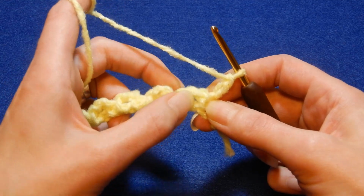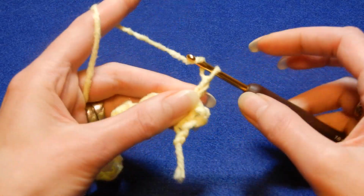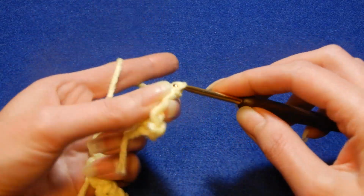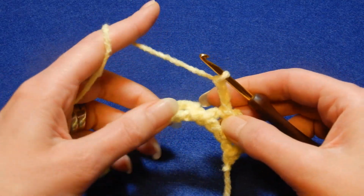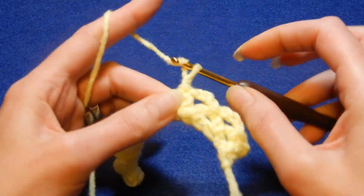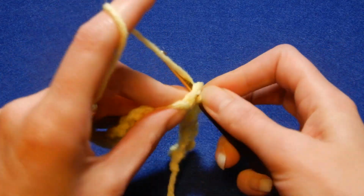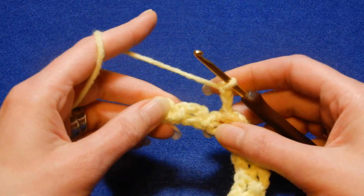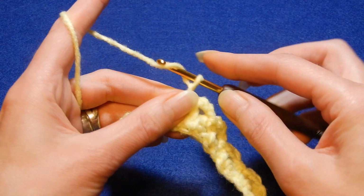So you go to the first 3 chain space, and you're gonna do a slip stitch, chain 3, you're gonna move to the next 3 chain space, and you're gonna do a slip stitch in there, chain 3, move to the next 3 chain space, slip stitch, and this is the row that you're gonna repeat on and on and on. So you move to the next chain 3 space, into that space we're gonna do a slip stitch, chain 3, and you move to the next 3 chain space, do a slip stitch, chain 3,